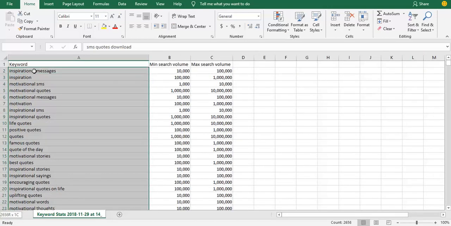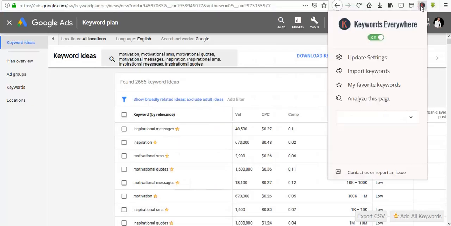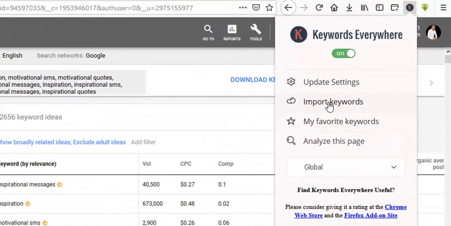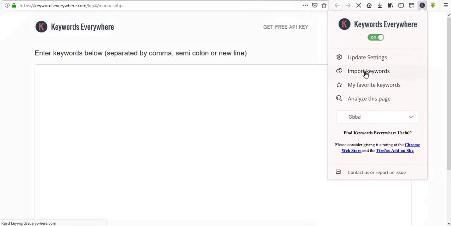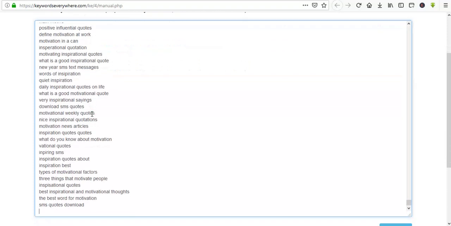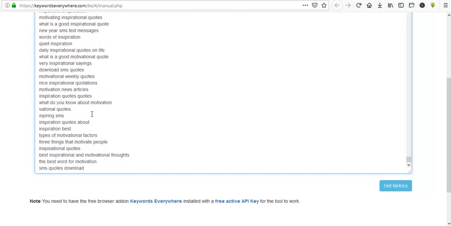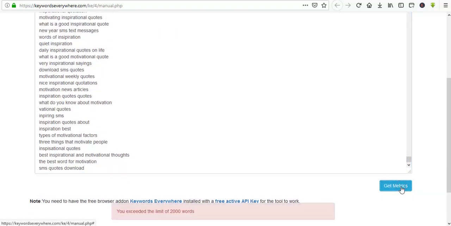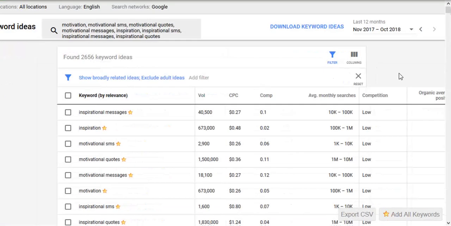So all I'm going to do now is to copy all the keywords. Long list. I'm going to copy all the keywords, then take it to, now click here, click import keywords. So I'm going to import to get the search volume. Okay, just hold on. Now from this screen, you can see the search volume, average monthly search, and every other